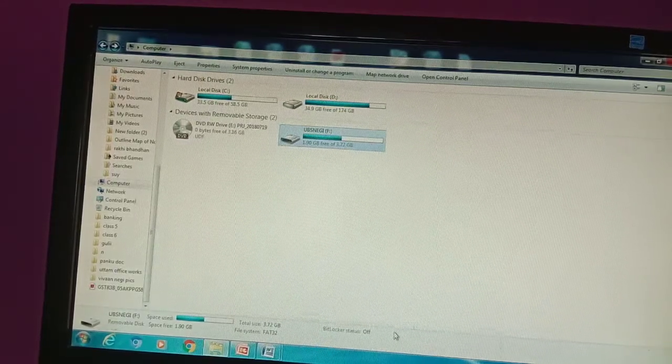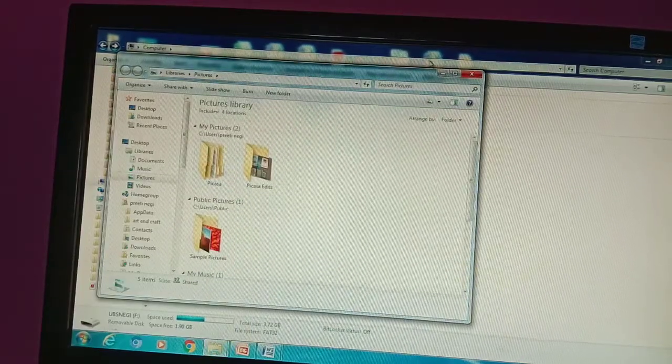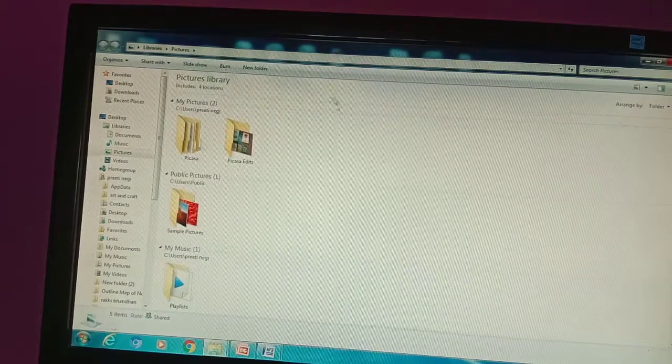So students, let's learn about Windows 7, where you can also explore pictures. I know that today there are so many ways to save your pictures. You can place your picture anywhere, like in your local disk, in D drive also. But there is already a space created by Windows to save your pictures, that is your My Pictures option. You can open that from the start menu, where the Pictures option is there. As you open it, it will display your picture library.